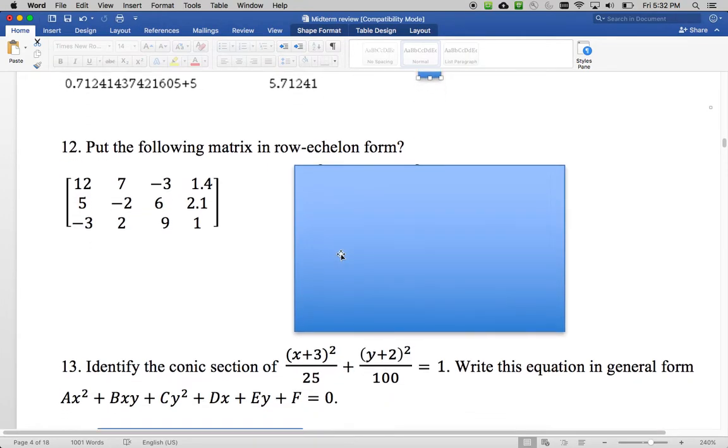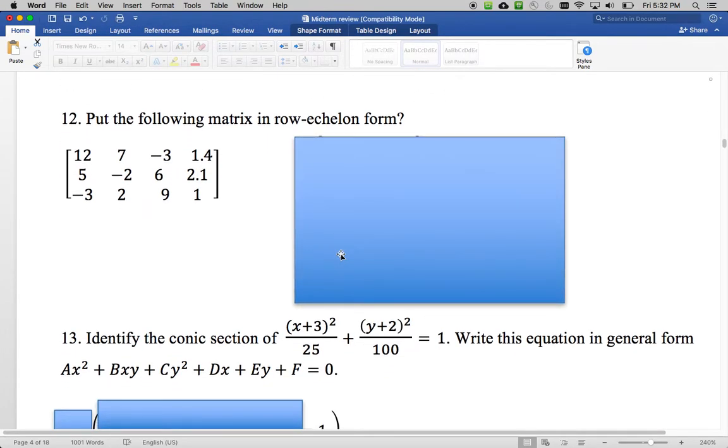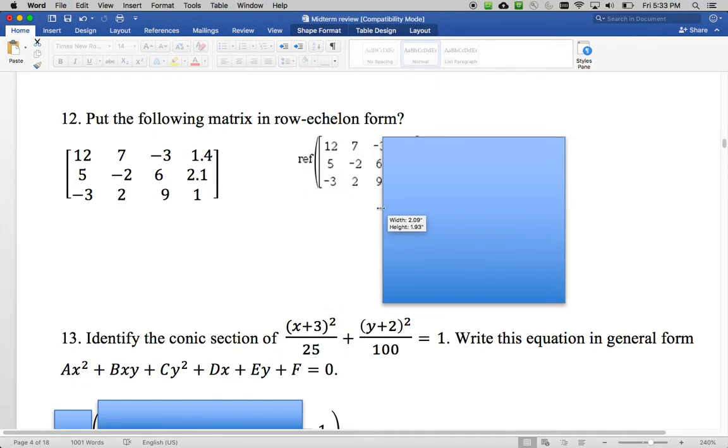Number 12, put the following matrix in row echelon form. Okay, so now this is not reduced row echelon form. Reduced row echelon form has all the zeros down here, all the zeros up here, and then diagonal ones with just regular numbers here, and the numbers here are your solutions. That's